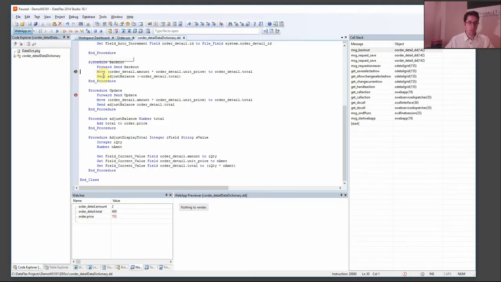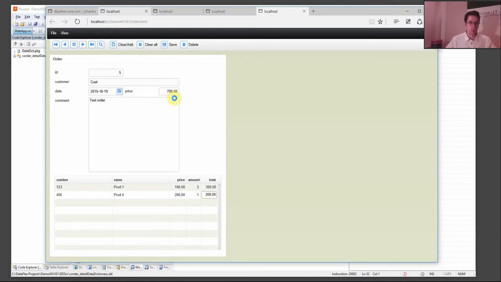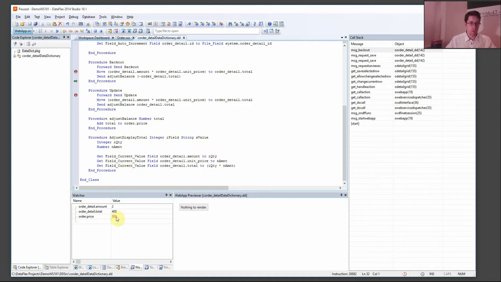go back, and now we're in backout. And you can see there's 700 in the order price total. The order detail total is 400. So what we do now is we take the amount 2 times the units price 200, and that is 400, and we remove 400 from the total. So now it's 300 in the buffer. Then